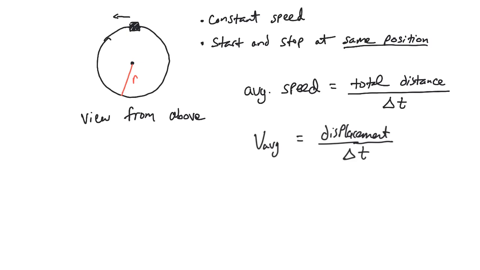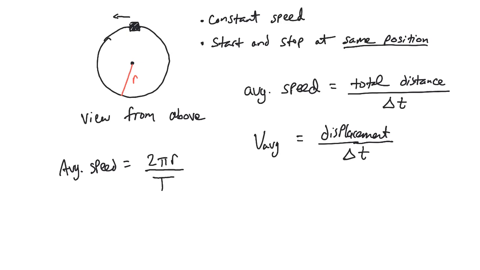All right, well, for average speed, I'll do that down here. And total distance for one trip around the circle, well, that's just the circumference of the circle, and it's 2 pi r. So hopefully you know that from your math class. And then the amount of time it's taken is delta t. Typically, we write that as capital T for what's called one period, which is one trip or one complete cycle, like around a circle, or if you have a pendulum going back and forth. So I'll just leave it like that since it looks familiar to what we usually do. So that would work.